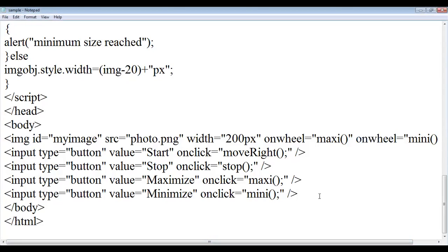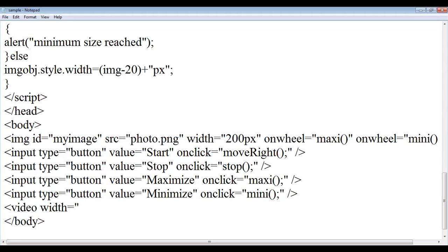See here, I want to include the video. The video tag is used to include a video into the web page. You specify its width based on your requirements.